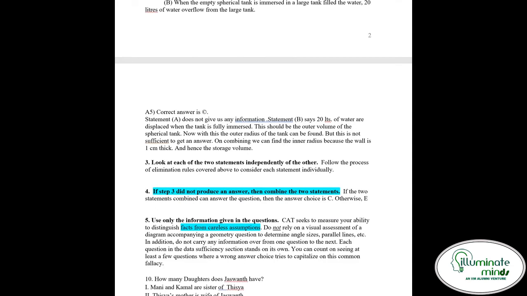ये गलती सबसे ज्यादा होती है, सेकंड वाले में सबसे ज्यादा गलती होती है कि हम सेकंड वाला पढ़ते वक्त कहते तो हैं कि आई एम रीडिंग द सेकंड हिंट अलोन, बट उसमें कहीं ना कहीं मैं फर्स्ट वाले की इंफॉर्मेशन भी साथ में ले आता हूं। स्ट्रैटेजी 4, स्टेप 3, डिड नॉट प्रोड्यूस एन आंसर देन कंबाइन द टू